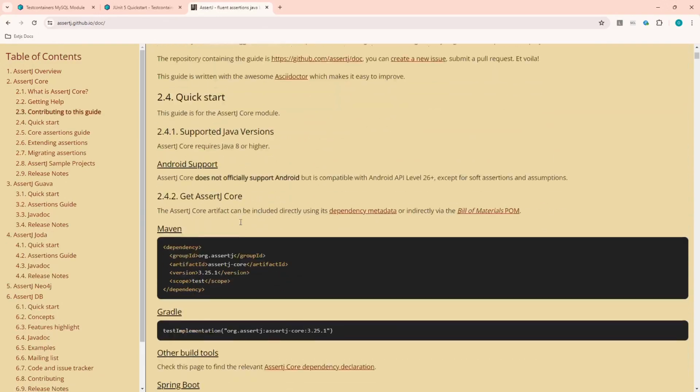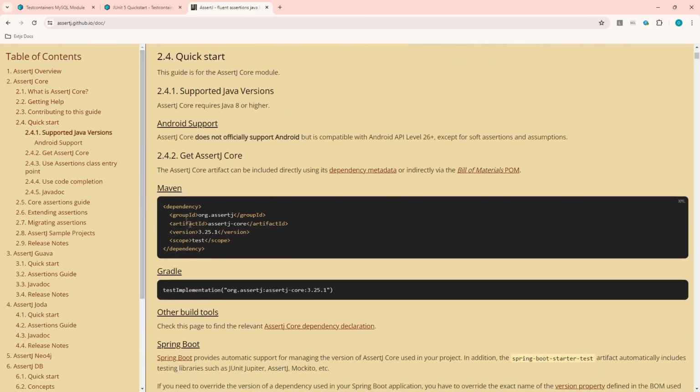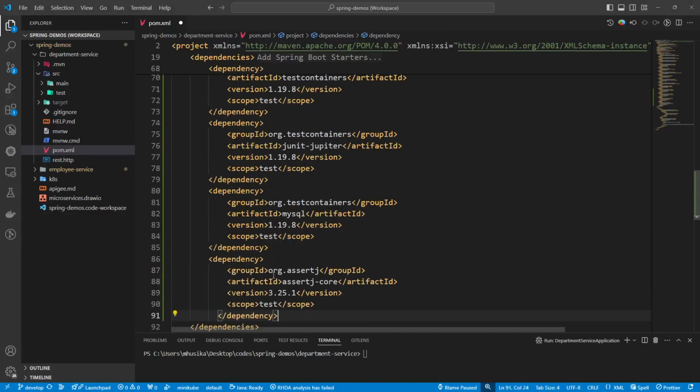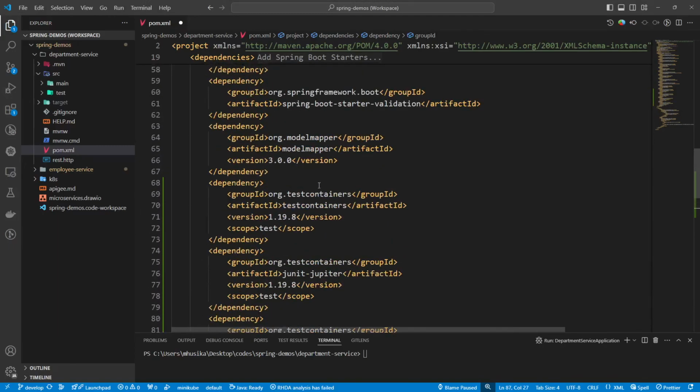So I'm going to scroll down and obtain the current version of AssertJ. I'm going to copy this particular dependency and have it here. All right. So you might be asking a question: whenever we are working with Spring Boot,